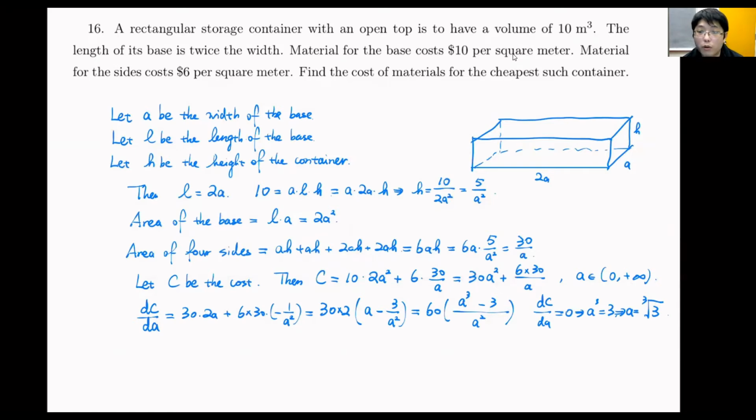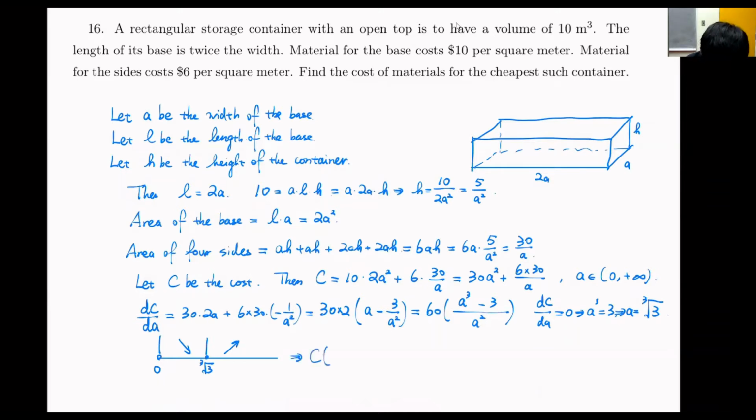And moreover, you could try the first derivative test. So you look at the first derivative test, and this is my domain and this is my critical number. If a is a little bit smaller than the cube root of 3, then a cube minus 3 will be smaller than 0. As a result, the function will be decreasing. And then after the cube root of 3, the function will be increasing. Okay, so this process tells me that